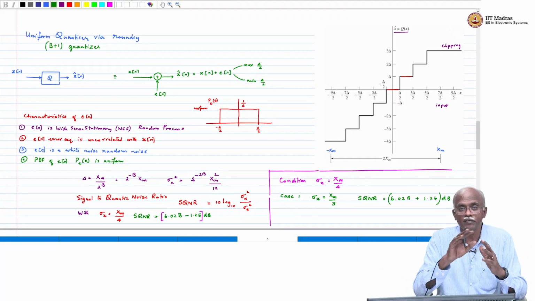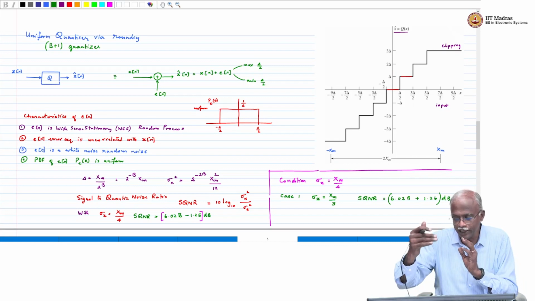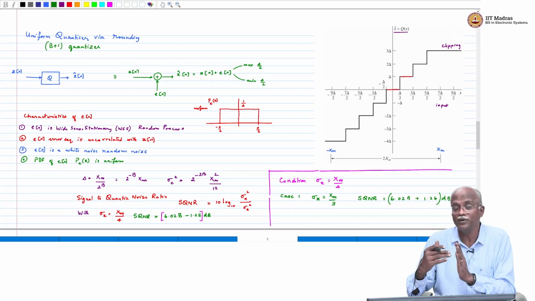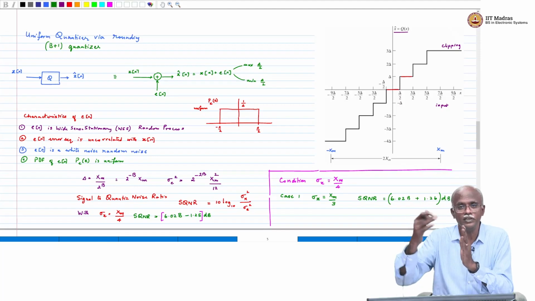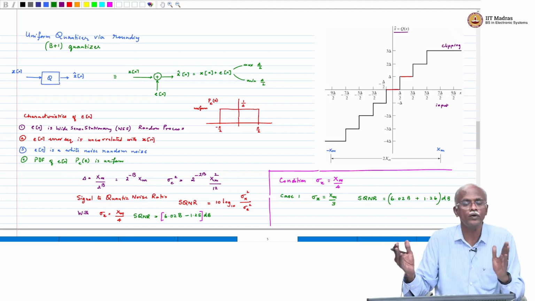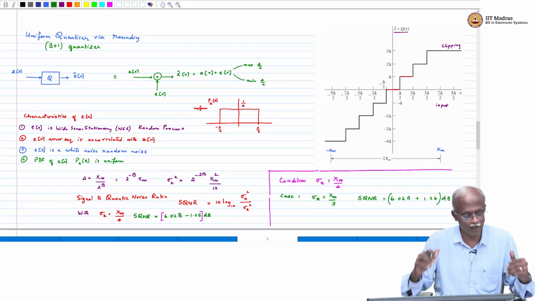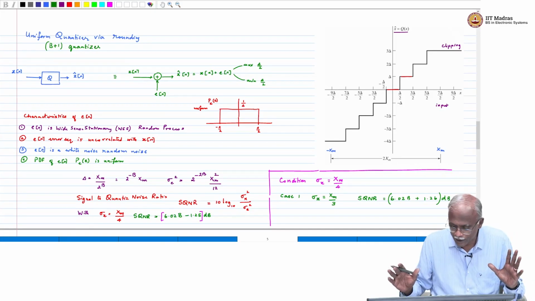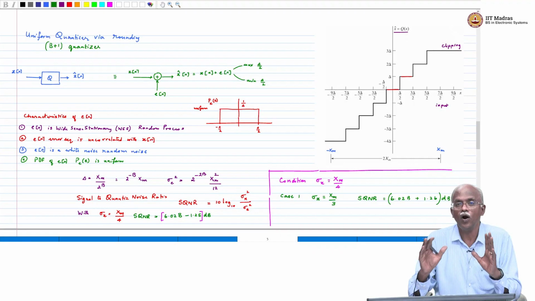To prevent overflow, we take a conservative approach. We say that the standard deviation of the signal, let it be xm by 4. If you keep it at a higher value, then you'll get better signal to quantization noise ratio, but you will also have a likelihood that clipping will occur at the two extremes. So with this, we will conclude at least our discussion of the uniform quantizer